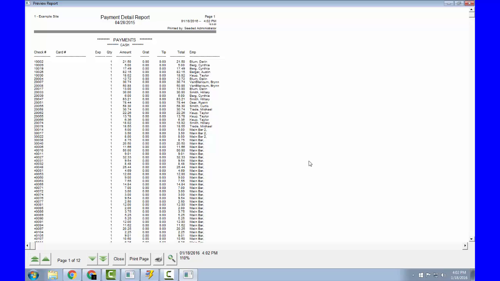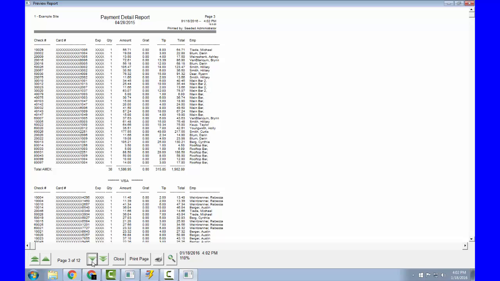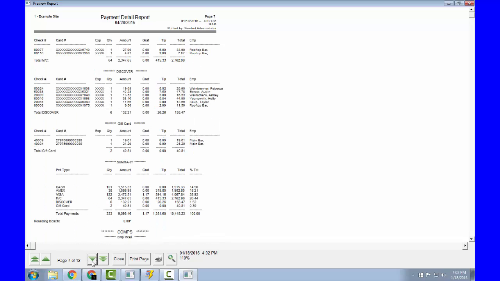If we make this a little bit bigger so that we can look at it, you see we have a record of all of the individual checks that we've received. This is the individual check number located in the top right corner of the check presented to the guest. After we go through the report, it then begins listing our individual credit card transactions, the amount of tips that were received on those transactions,